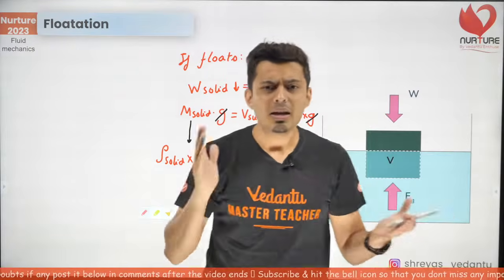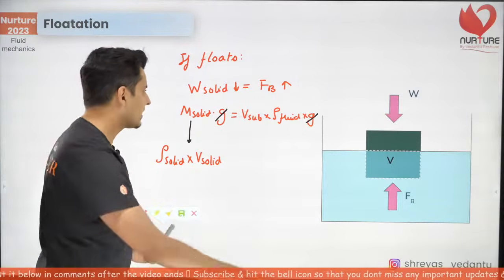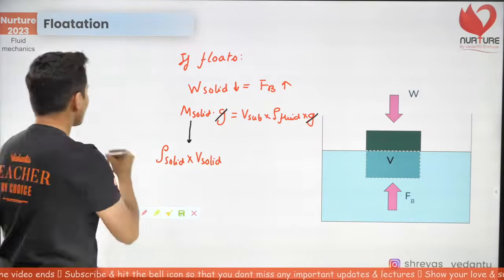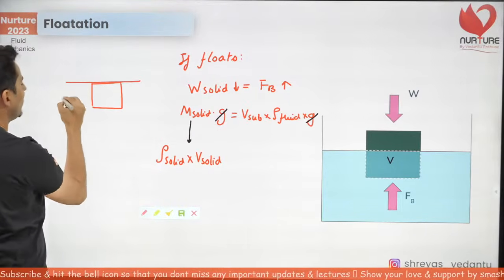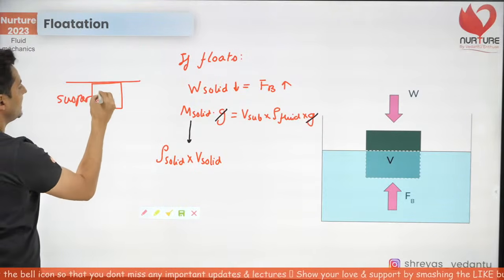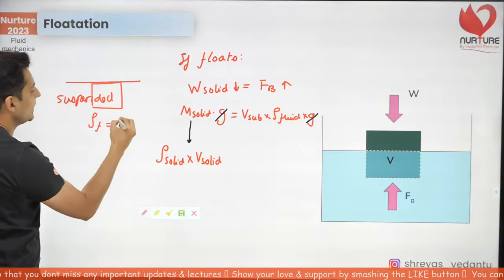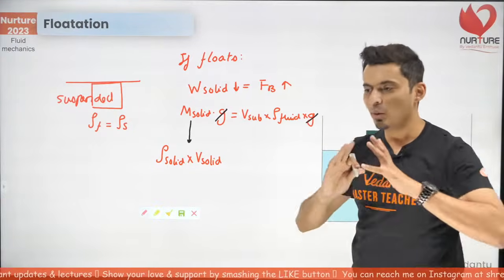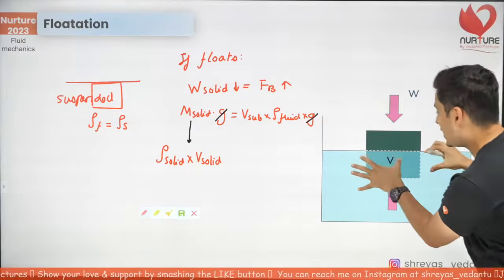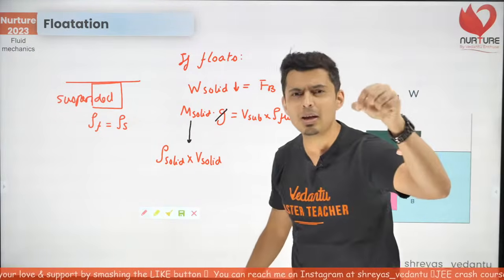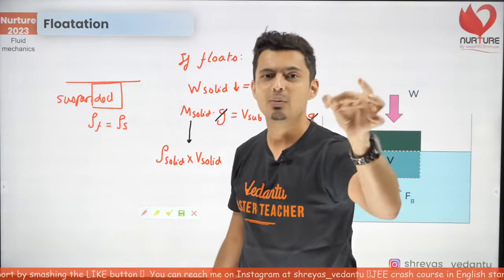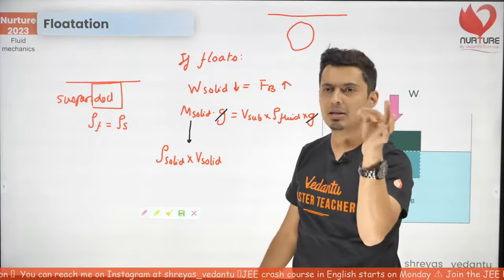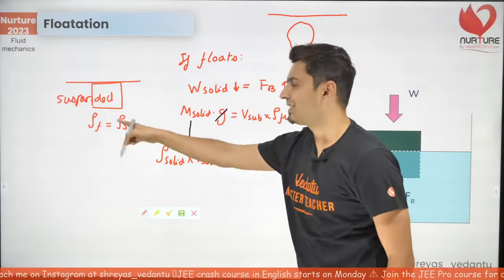If it is equal, then think that it means only one thing. If these two are equal, then these two should be equal. And if these two are equal, that means the entire solid will be just under water and it will be suspended like this. This will only happen when density of fluid and density of solid both are equal. Got it, my warriors? So when both are equal, then it will just stay underwater. It's like, have you ever played Holi and have you ever played with water balloons? You would have seen that the water balloons just stay in the water wherever you leave them. It just keeps on floating. So that's basically this example.